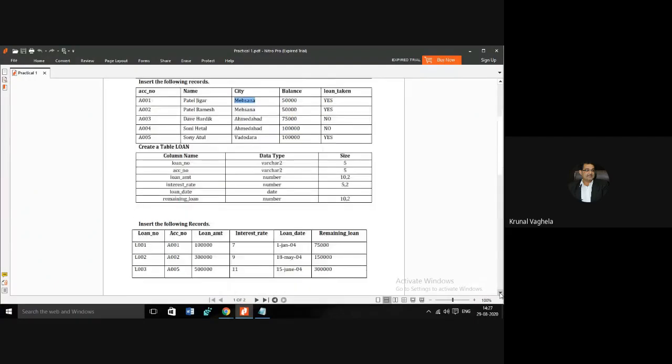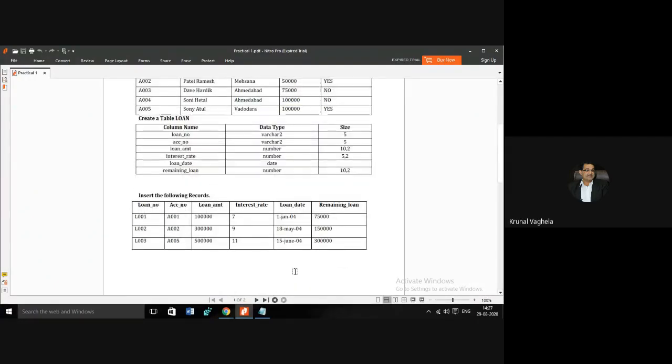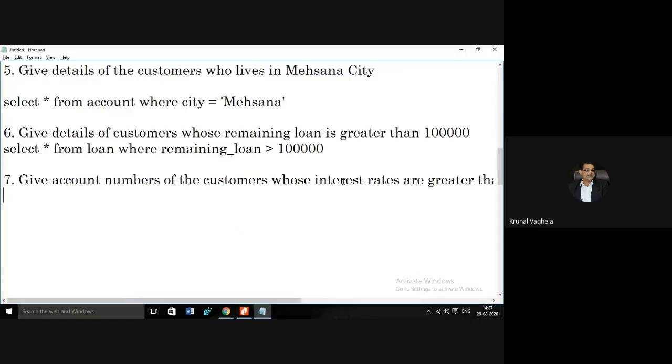Interest rate is a column of the loan table. So I will write here, select account_number from loan where interest rate is greater than 8.